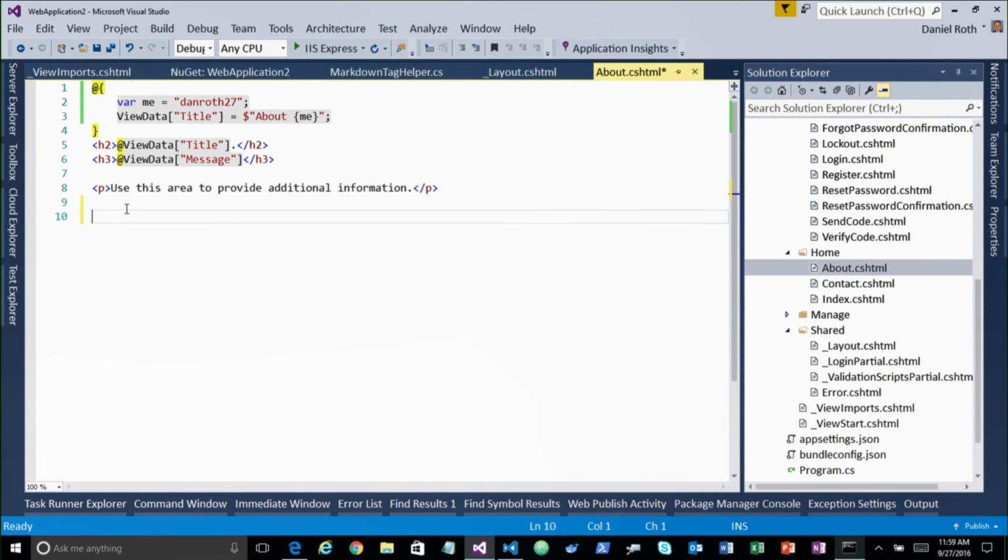OK, and if I start typing Markdown, do you see how the tooling picked that up? I wish I knew how to do the zoom thing, but trust me, it says Markdown right there, even though it's really small. And I can now type some Markdown here. If you don't know Markdown, asterisks mean italics, and double asterisks mean bold. So if I say hello from Markdown